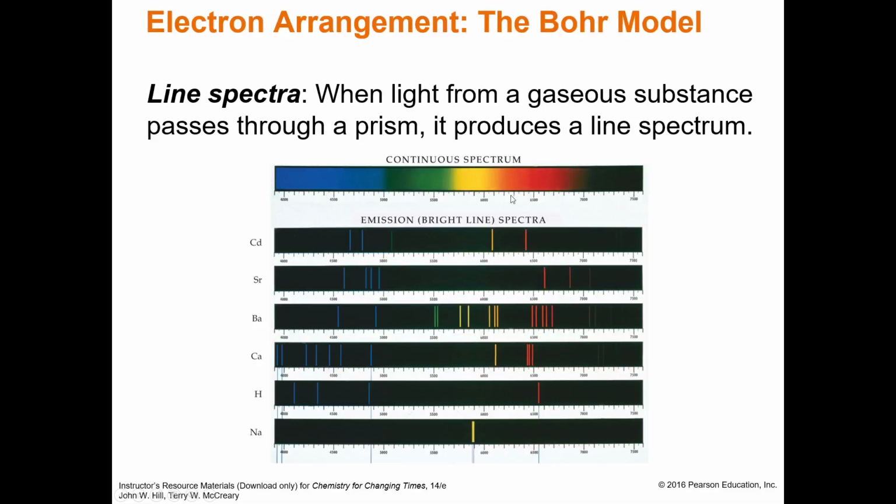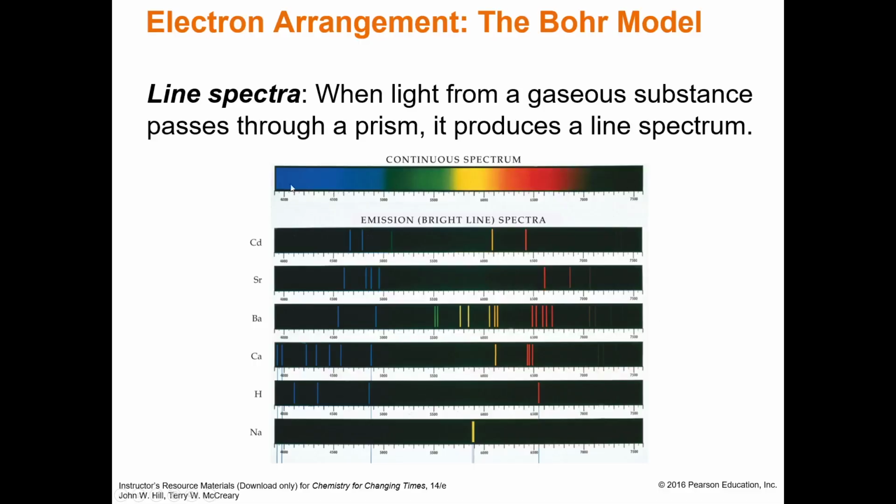Right here we see the continuous spectrum that has all the different frequencies. By the way, if you're wondering what's going on over here and over here, these don't have colors because we can't see them with our eyes. So this right here is infrared. It's below red, and this up here is actually UV, and so it's above violet. And that's why you can't tell the difference between these other colors right here, because you just can't see it. Anyways,